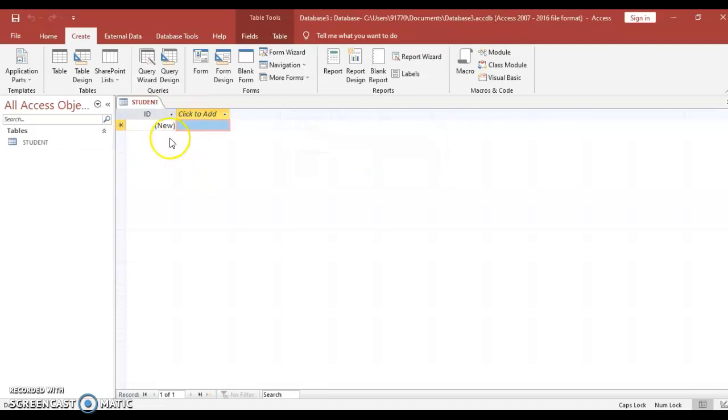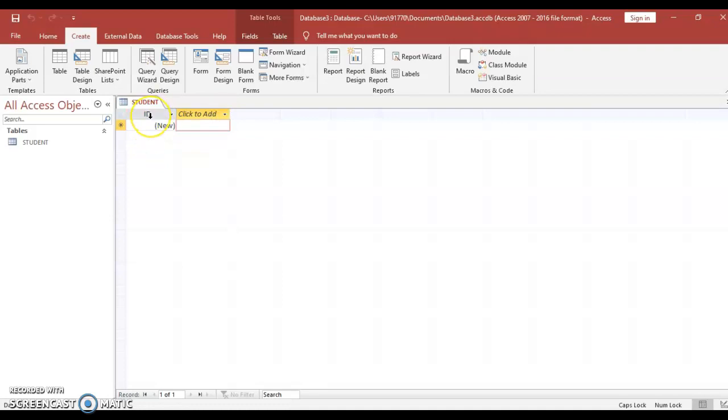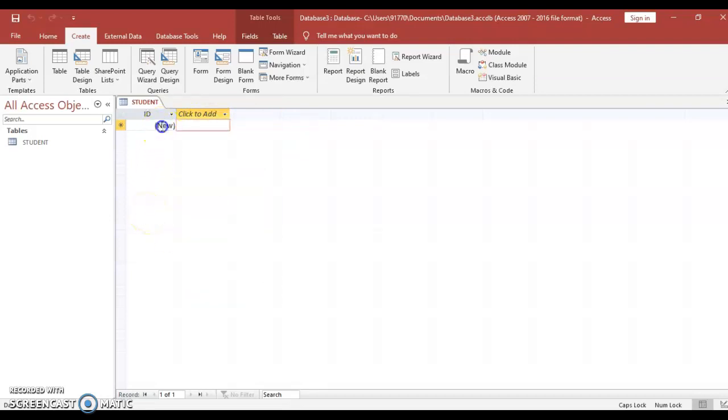Okay, so student is my table name. Here ID, ID means what? Your column name, and here you have to select the data that you want to store. First, suppose I am giving the ID here.